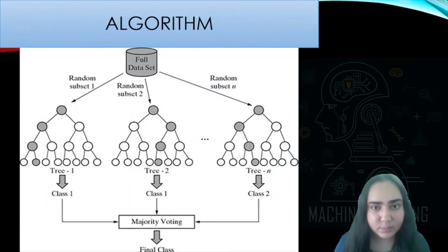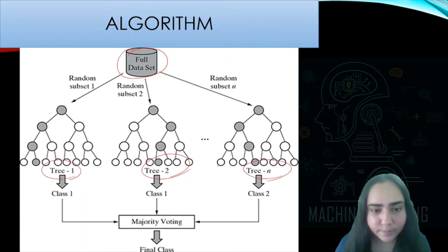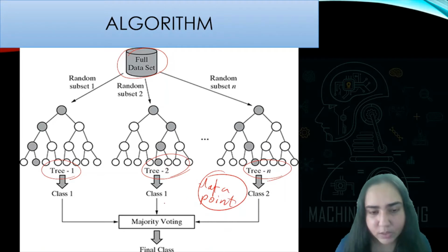So here is an example of a random forest. You have a full data set, out of which you will make subsets and create different trees. This is the first tree, this is the second decision tree, this is tree N, and so on. When you have a new data point, you're going to take a majority vote from all these different trees and see what they say.